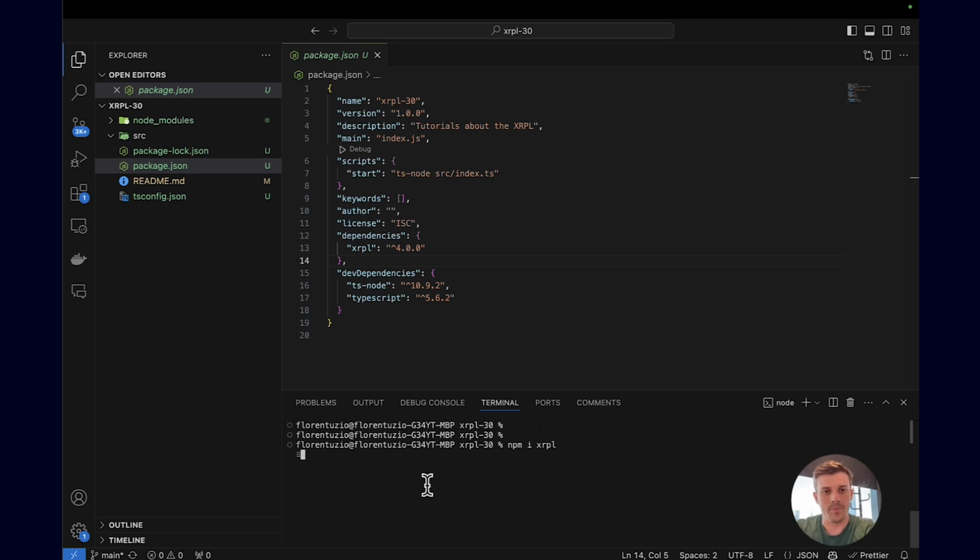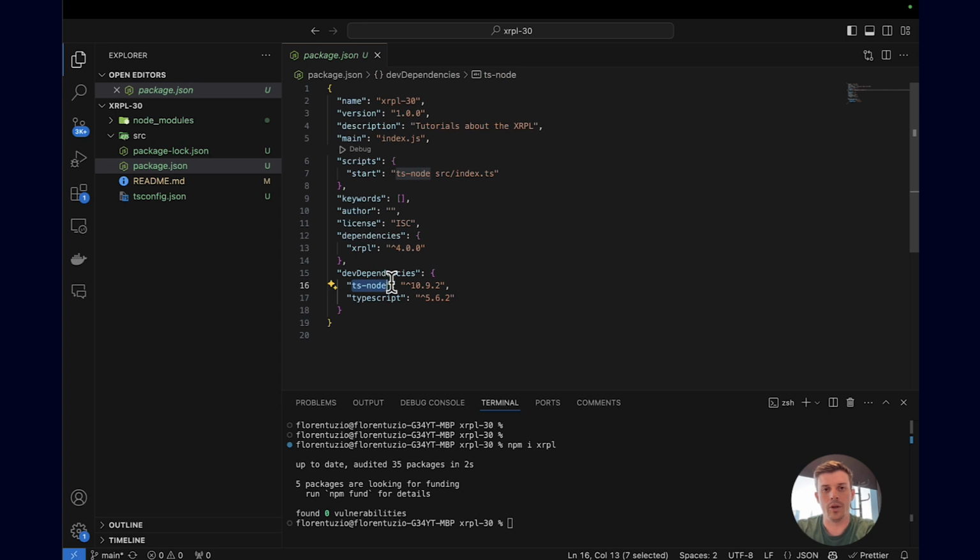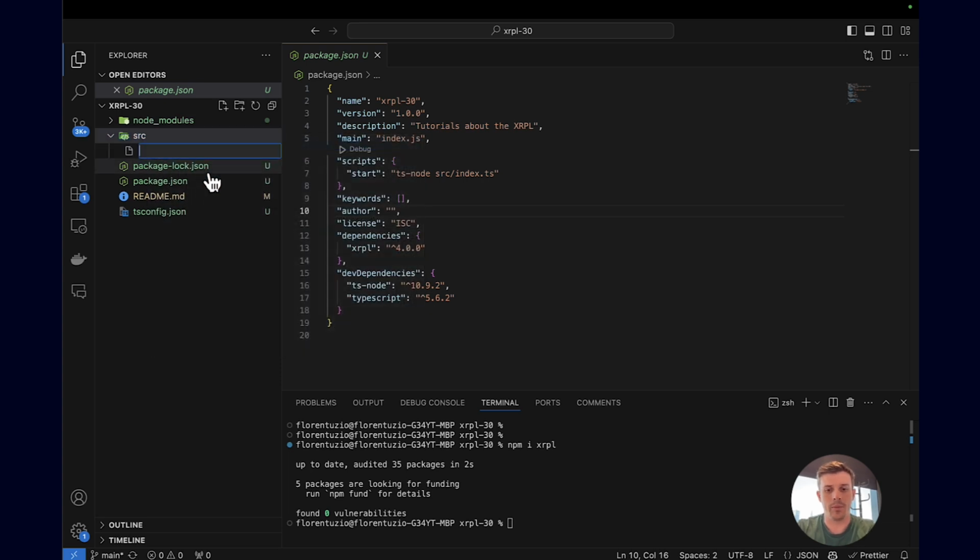For me, it's going to show that it's up to date, and we have some dev dependencies. I'm using ts-node to be able to run TypeScript files, and TypeScript, of course. And so I have a start script where I use ts-node to read directly the index.ts that I'm going to create right now. Okay, so here we have a source directory, and this is where I'm going to create my send payment file,